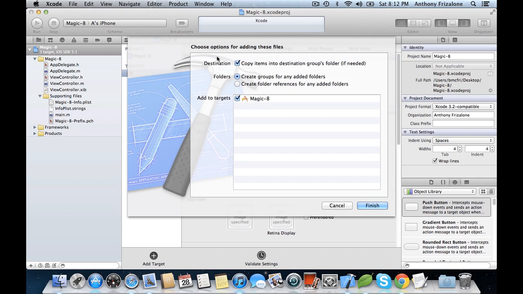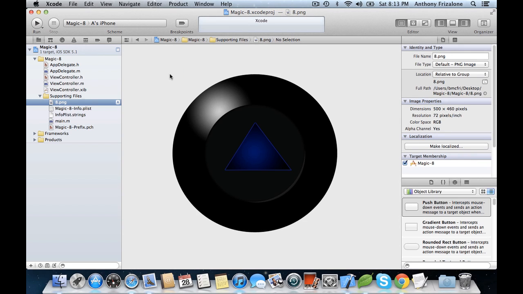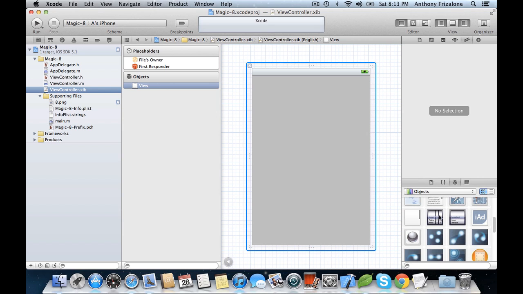So yes, it does make a duplicate, which will use a little bit of extra space on your hard drive, but it's well worth the trouble you would face if you didn't copy any files you import. So I'm going to click Finish. And now we've got that imported into our Xcode project, and we can reference it by just opening the file 8.png. So let's go to our ViewController.xib, and the first thing we're going to do is create